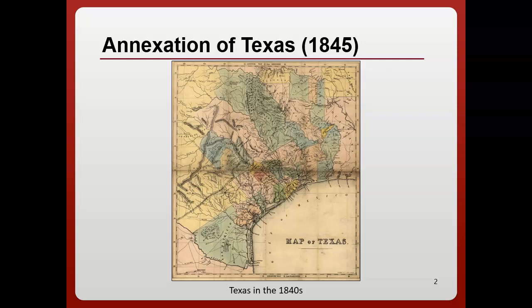This slide here is the annexation of Texas. In 1836, Americans living in the Mexican state of Coahuila y Tejas launched a successful revolution against Mexican rule and established the independent Republic of Texas. The new republic immediately petitioned for annexation by the United States, but U.S. political leaders from both parties rejected the idea out of fear that admitting Texas, a slave-holding republic, would antagonize the deep divisions in the country over slavery.